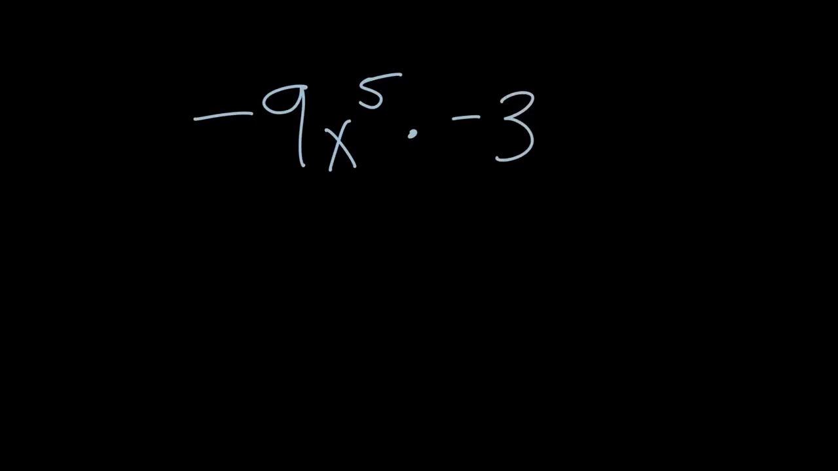So we've noticed the pattern. You're saying, I can do more. Negative 9x to the 5th power times negative 3. Use parentheses there. You always, when you have a negative in front, you want to use parentheses. Let's do x to the